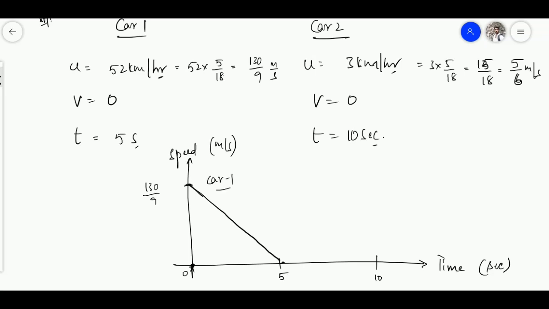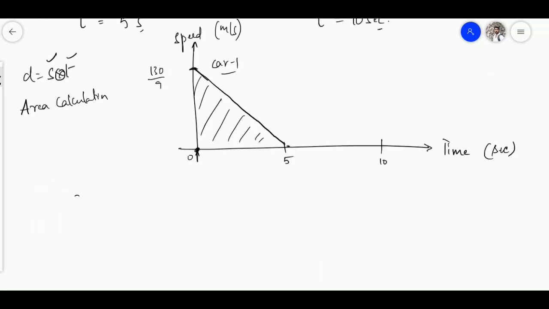And one more thing, there is a thumb rule which I have discussed already. Now we have to find the distance traveled, right? So distance equals speed into time. When there is multiplication between an x-axis term and a y-axis term, we have to go with area calculation, right? So if you find the area enclosed here, then you will get the distance traveled by car 1 after applying the brakes and before it stopped. So let's find the area of this.